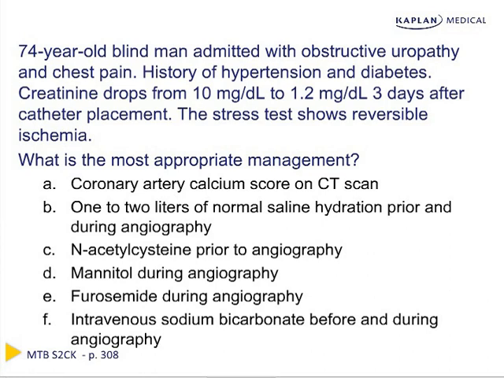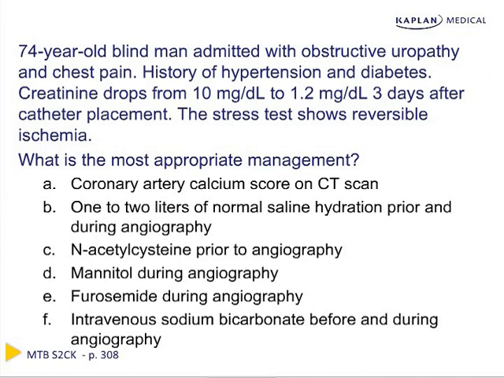Our answer choices are A, coronary artery calcium score on CT scan, B, 1 to 2 liters of normal saline hydration prior and during angiography, C, N-acetylcysteine prior to angiography, D, mannitol during angiography, E, furosemide during angiography, or F, intravenous sodium bicarbonate before and during angiography. So when we were first reading this question, it seemed like they were asking us a cardiology question. But actually, the question is asking, how do we prevent